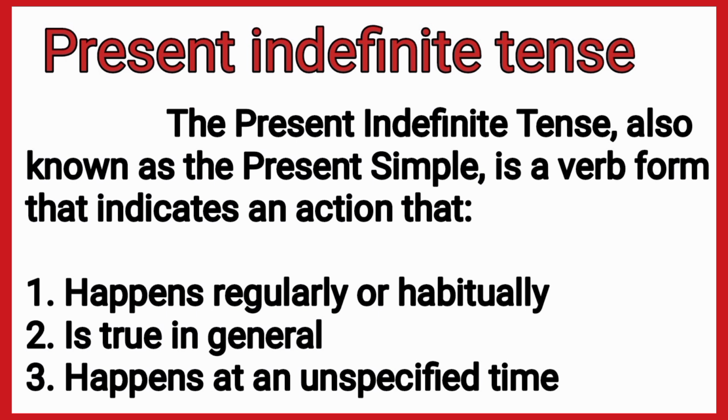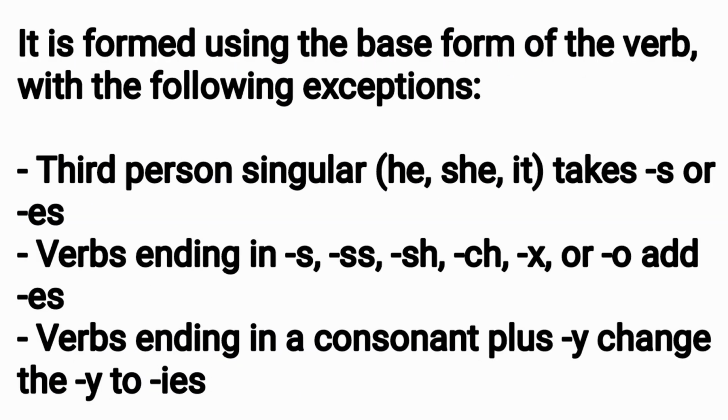is a verb form that indicates an action. It shows the following actions. First, the action happens regularly or habitually. Second, it's true in general. Third, it happens at an unspecified time. In this tense, it is formed using the base form of the verb with the